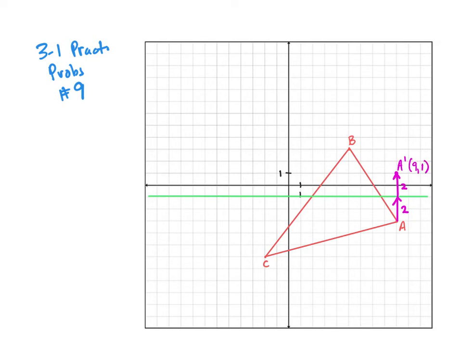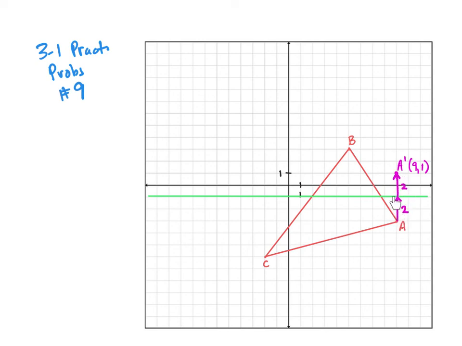And so that just illustrates the idea that we learned about in the video: if you connect the image point to the pre-image point, remember pre-image is where you start, and image is what you end up with after you do your transformation, that segment connecting A to A prime is going to be perpendicular to my line of reflection, and it's going to be bisected by that line. The way the note said it is that the line of reflection will be the perpendicular bisector of the segment connecting your pre-image point to your image point. So this green line is perpendicular to this segment, and it's cutting it into 2 sections that are each 2